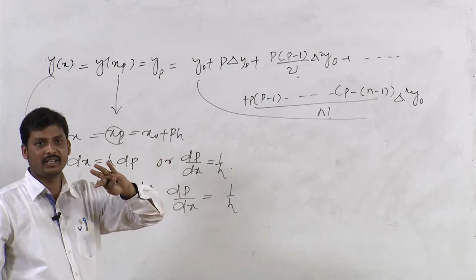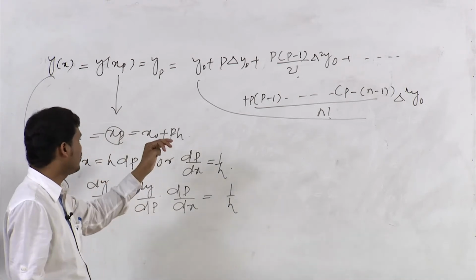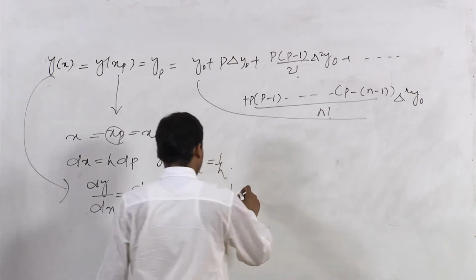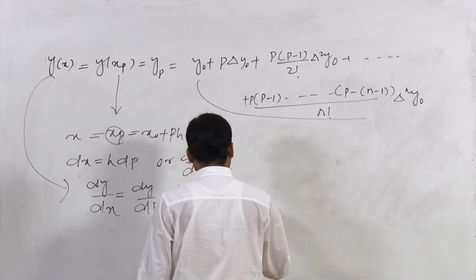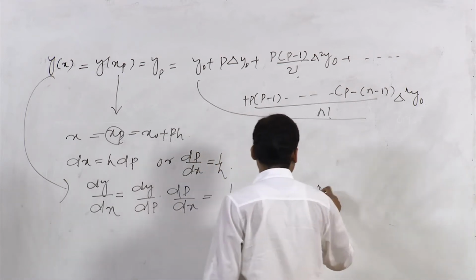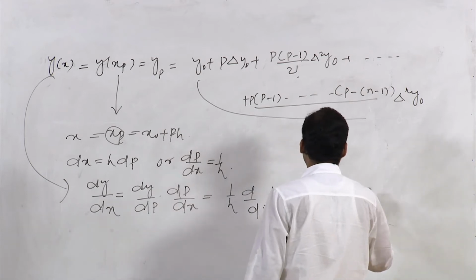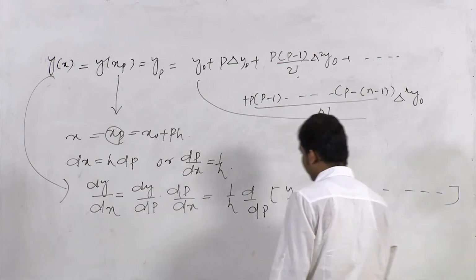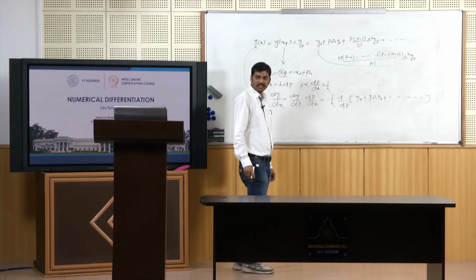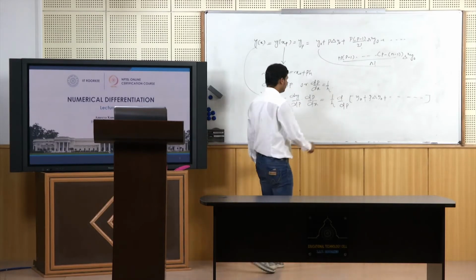That is why it is easy to differentiate this function with respect to p. So we can write d by dp of y0 plus p delta of y0 plus all these terms. And if we differentiate that one, directly we can write this as